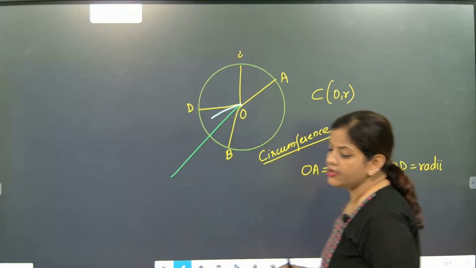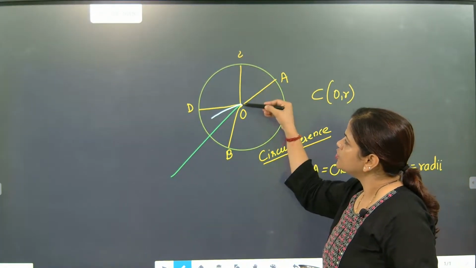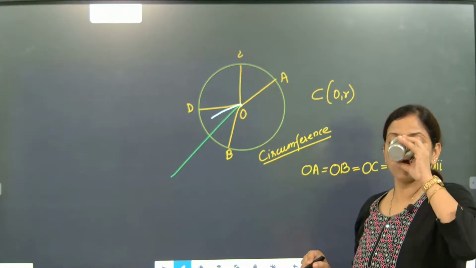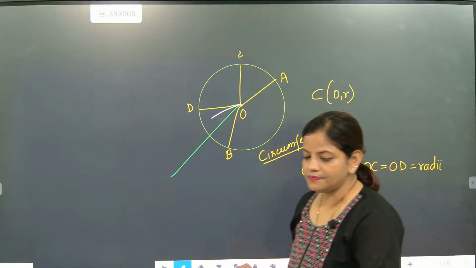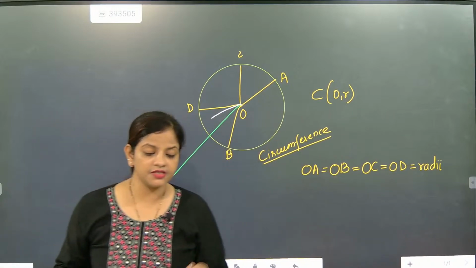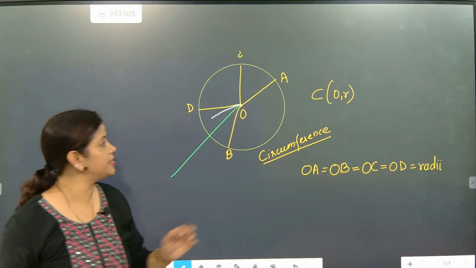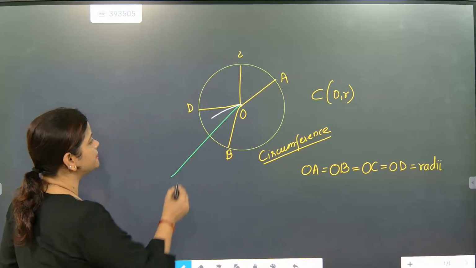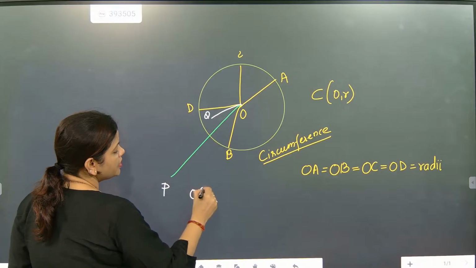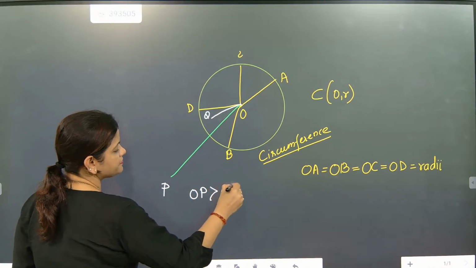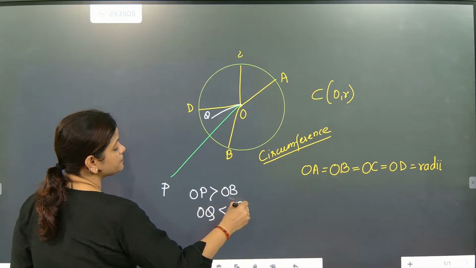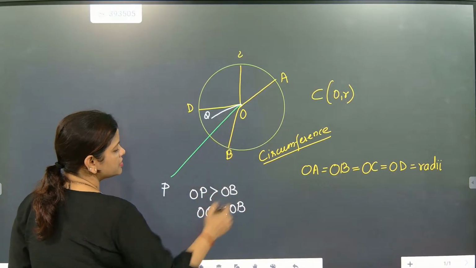So any point on the circumference should be touched by the center. Then only the distance will be considered as radius. Otherwise, it is not considered as radius. So if somebody draws this point P and OQ, now OP is greater than OB and OQ is less than OB. Okay, OB is distance